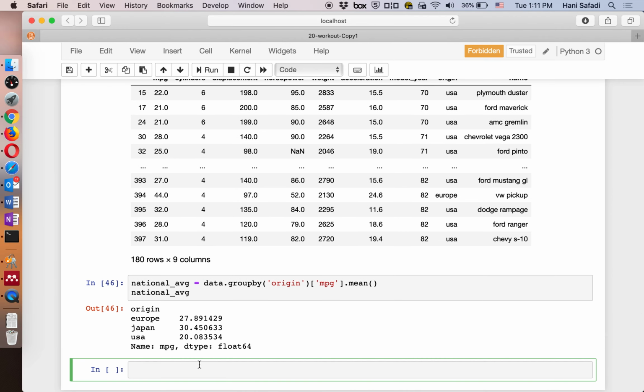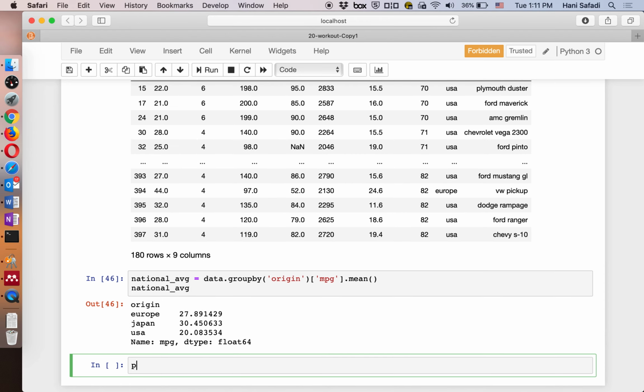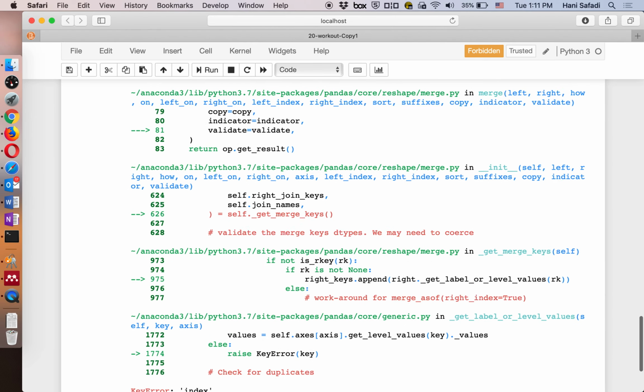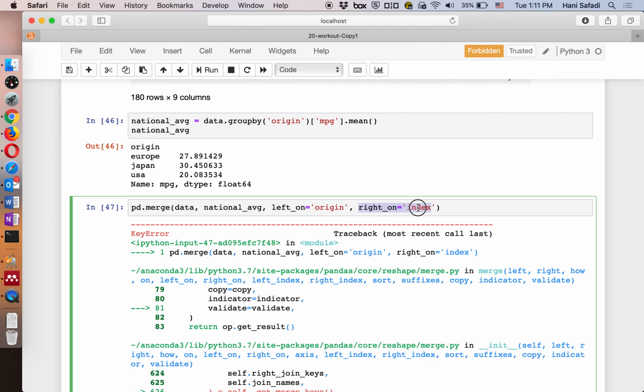And I'm going to merge my national average with the data frame. So I'm going to use national average here, and left on will be country of origin, which is origin, and right on index,